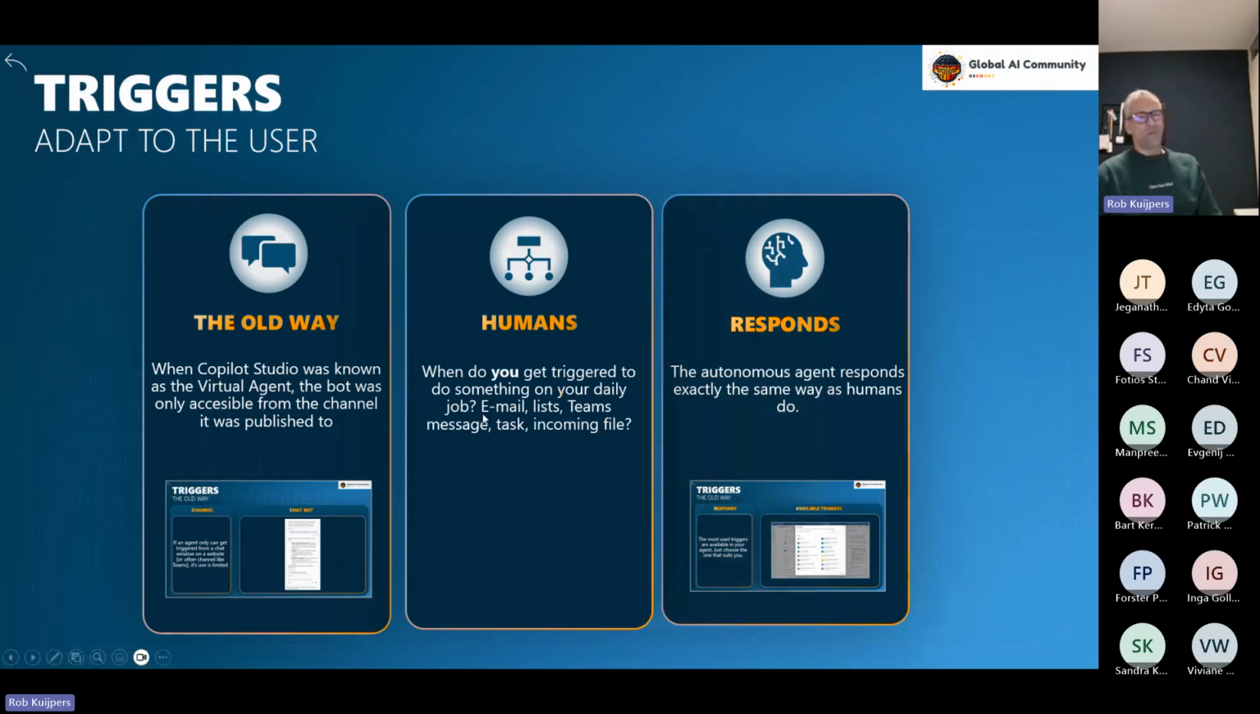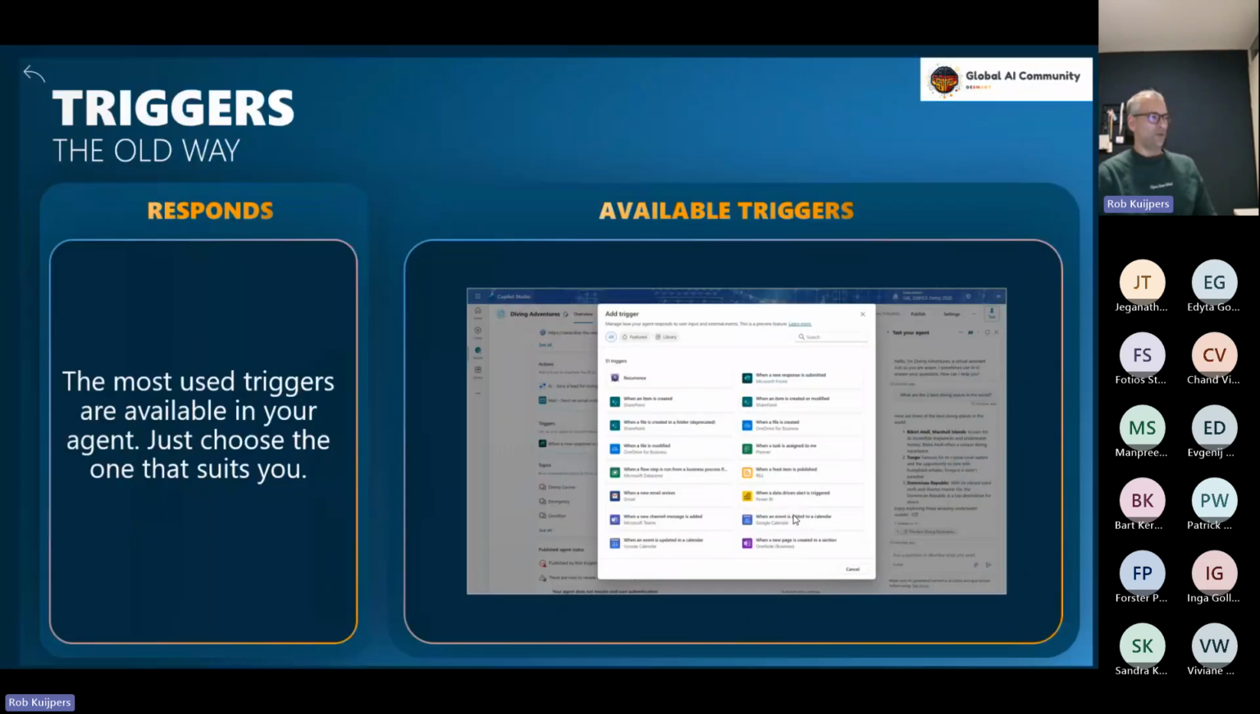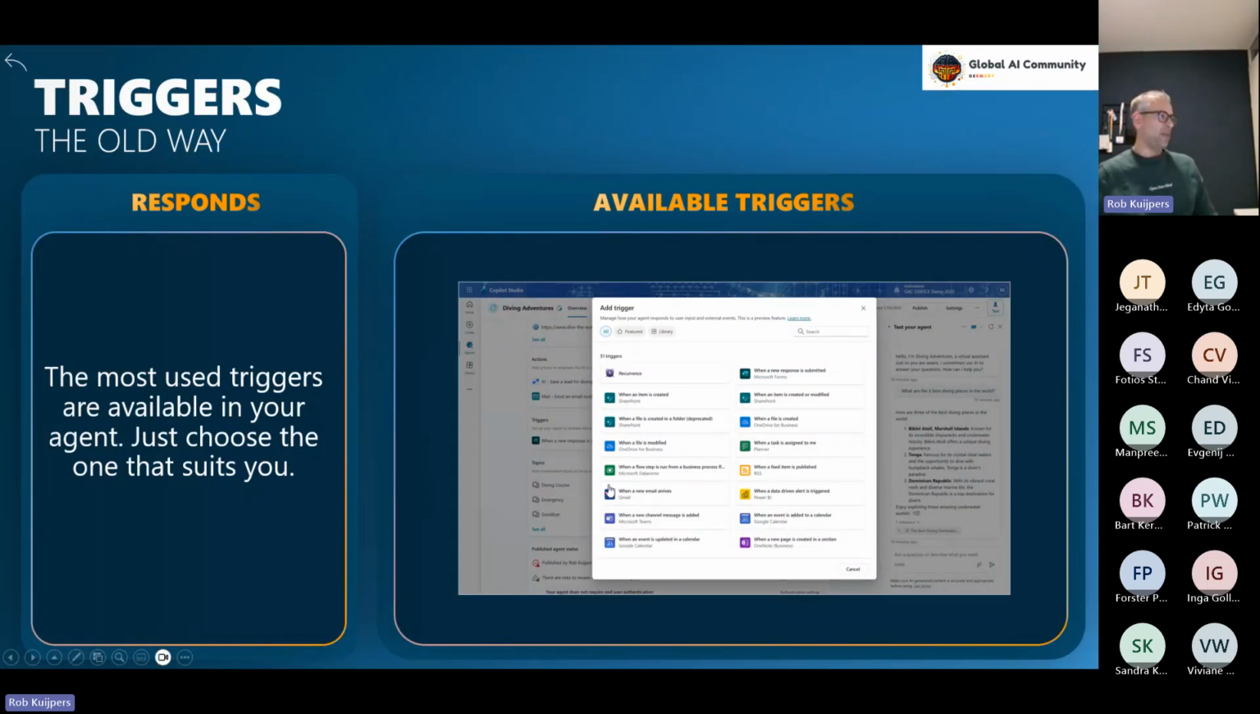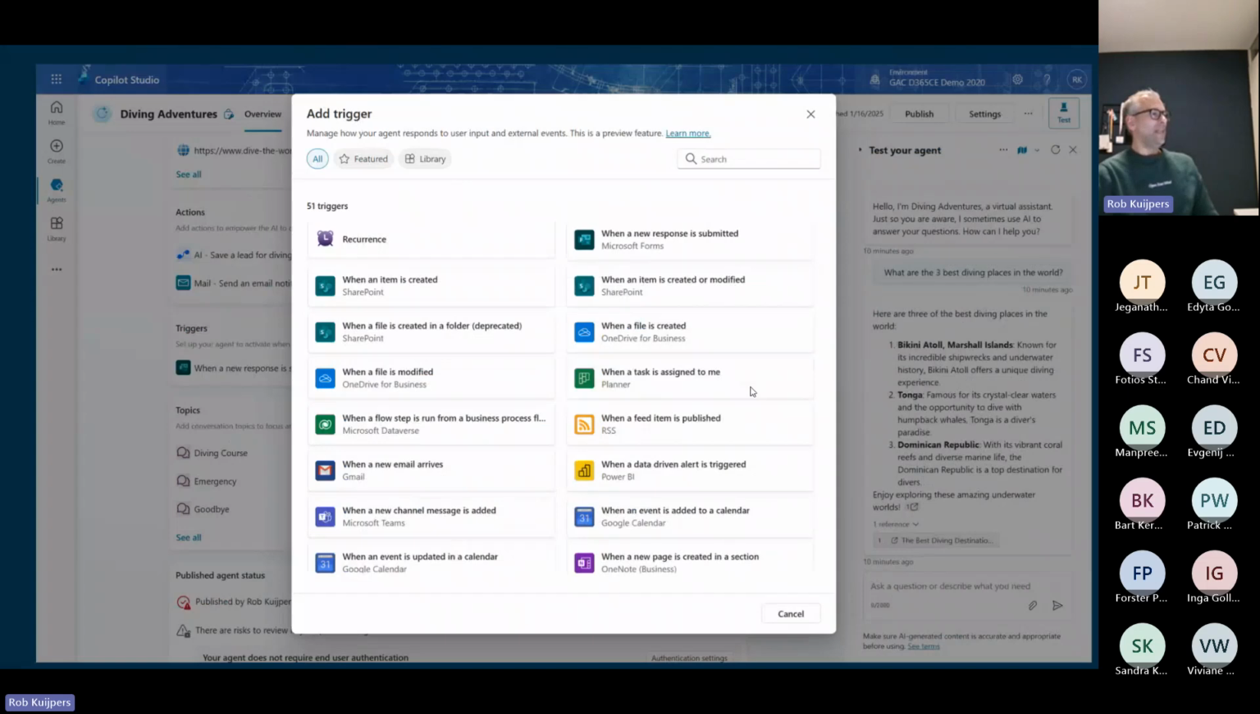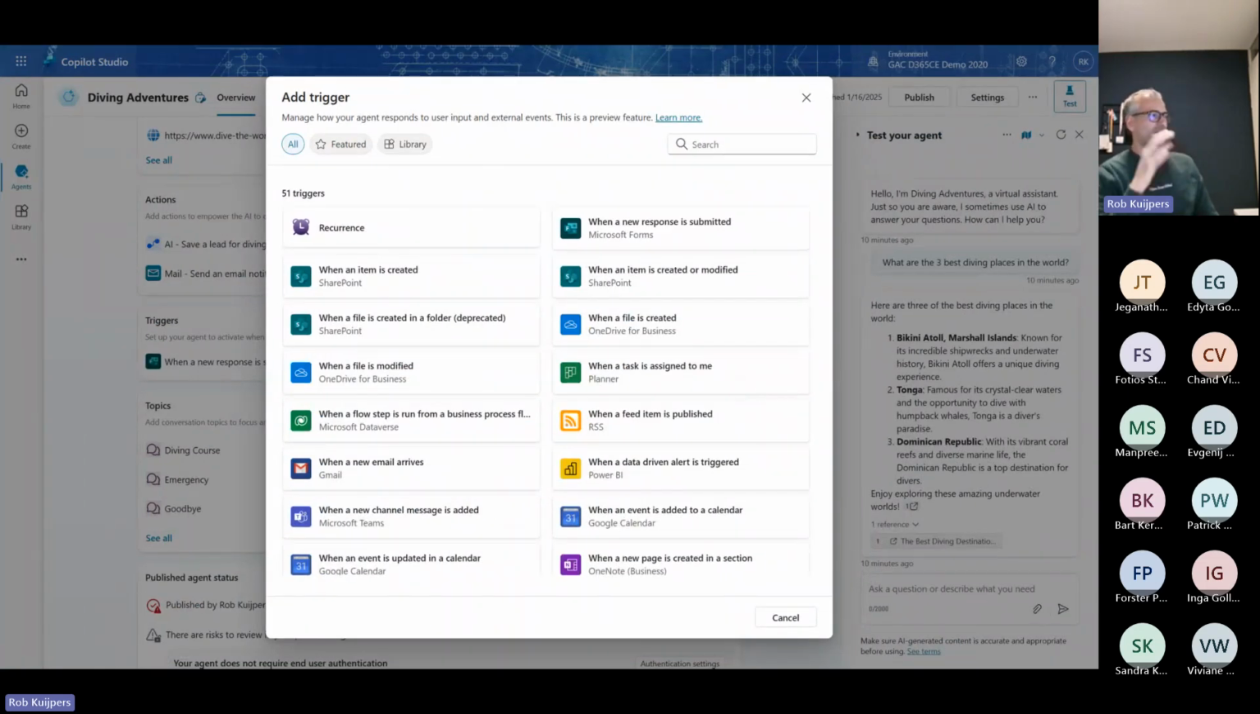But like humans, when do you get triggered? Are you waiting for somebody to ask you something? No. You get into action when you receive an email, or you get a Teams message, or you got an entity or something on a SharePoint list or whatever, or you get an incoming file, then you start to work. And exactly, the autonomous agent works the same way. So what we have now is a lot of triggers, and these triggers